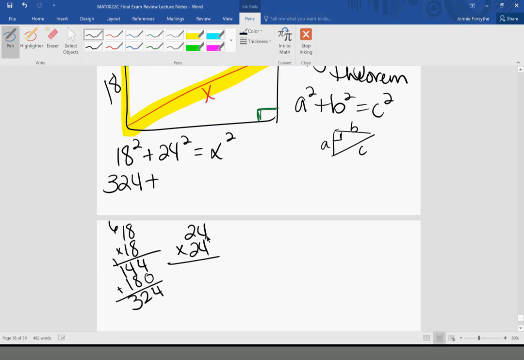24 times 24. 4 times 4 is 16. 4 times 2 is 8 plus 1 is 9. Placeholder. 2 times 4 is 8. 2 times 2 is 4. And then we're going to add 6. 9 plus 8 is 17. Carry the 1. 5. So 576. So I need to add